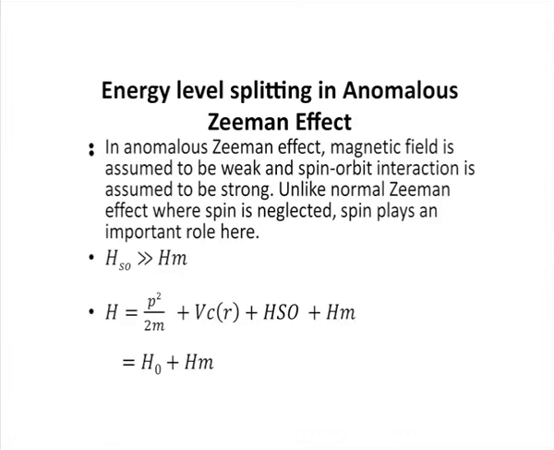So, H_SO is much more than H_M. H is again p square by 2m plus V(r) plus H_SO plus H_M, and here we have separated the H_M part from the rest. So, H is equal to H_0 plus H_M, where H_M is the interaction of the magnetic moment with the field,